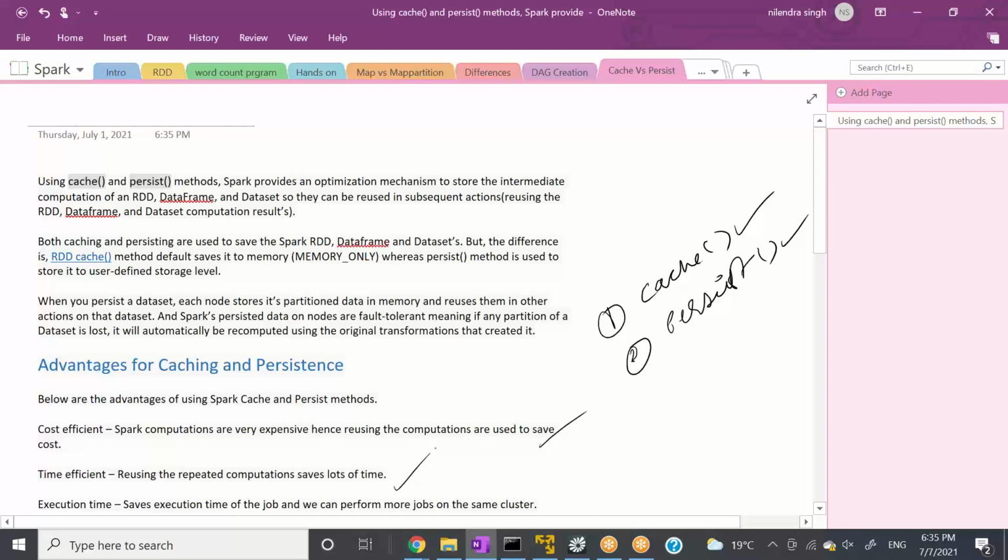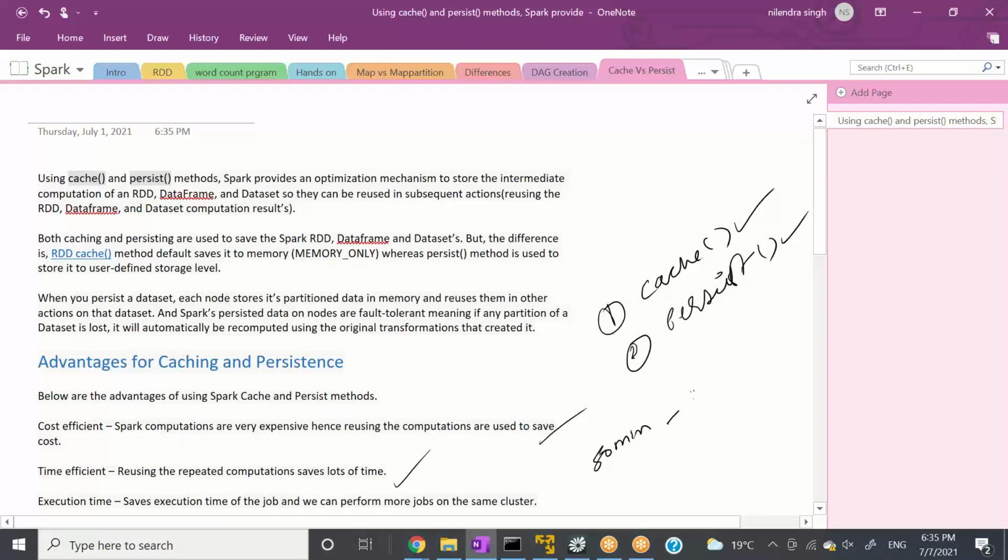So let's say when you hit one action, your file is 10 gigs, you are doing some filtering, you are doing some mapping, you are doing n number of transformations, and the whole transformation takes 15 to 20 minutes, or maybe let's say 50 minutes, right? And it creates an intermediate RDD named RDD5. Let's say you're running multiple actions on this RDD, action 1, action 2, and action 3.